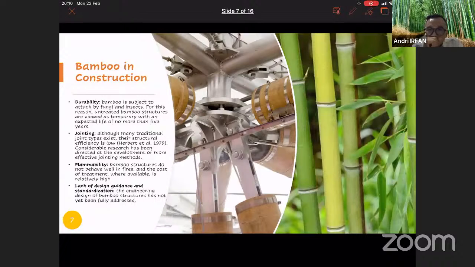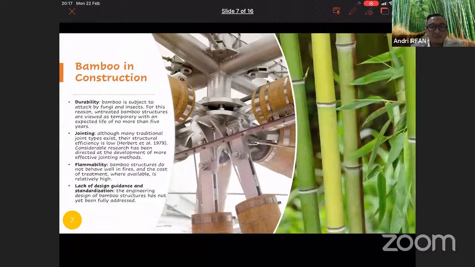Okay, in this slide, we talk about bamboo in construction. There are a number of important considerations which currently limit the use of bamboo as a universally applicable construction material. First, durability. Bamboo is subject to attack by fungi and insects. For this reason, untreated bamboo structures are viewed as temporary, with an expected life of no more than 5 years. What say Miss Bukarisa, only 2 or 3 years if